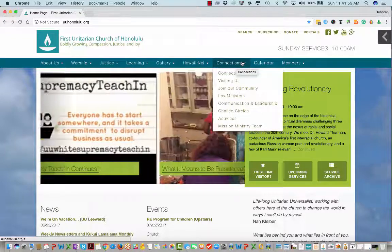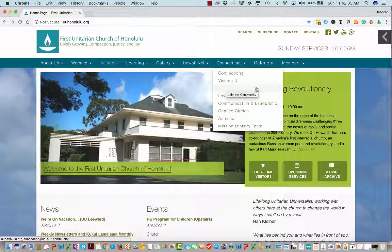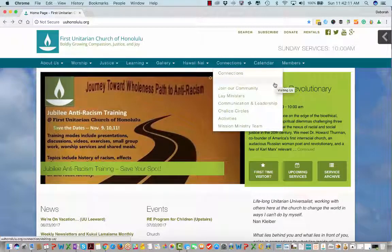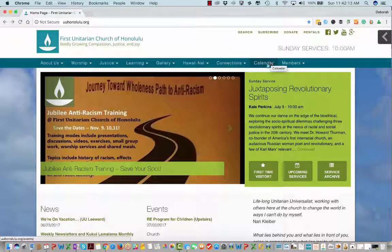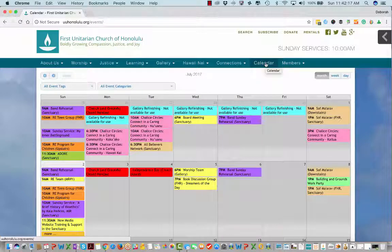Connections is more ways to connect with us: what to do when you visit, how to join our community, how to become a friend, how to become a member, our lay ministers, communication and leadership, chalice circles, and activities in our mission ministry team. Calendar takes us direct to our calendar, and the calendar we have color-coded so that important announcements